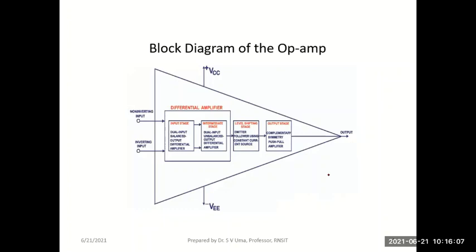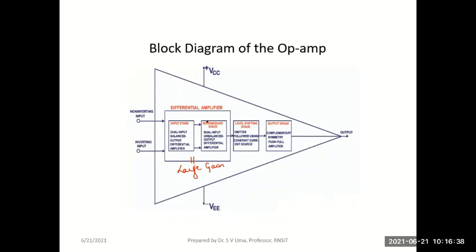Yeah, the block diagram is also here. You see, the first stage is called the input stage, a dual input, balanced output differential amplifier, as I told you. The second stage is known as the intermediate stage, a dual input, unbalanced output differential amplifier. Okay, so there are 2 stages of differential amplifier which give a very large gain for the op-amp. Remember,